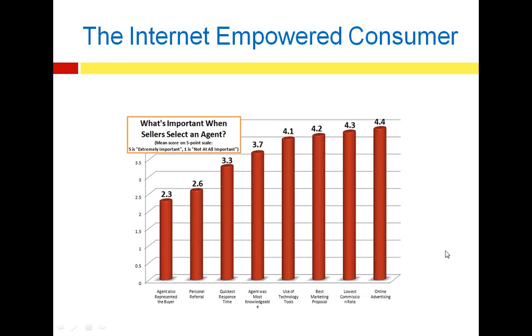So one of the things we'll talk to you about today is how to, again, fake it till you make it, have a powerful listing presentation, telling consumers the language and the story that they want to hear. And something that's not on this slide but critically important, we talk about video and media and visual marketing, which we'll get into today. Carr also tells us that 70% of these sellers said they would list with an agent